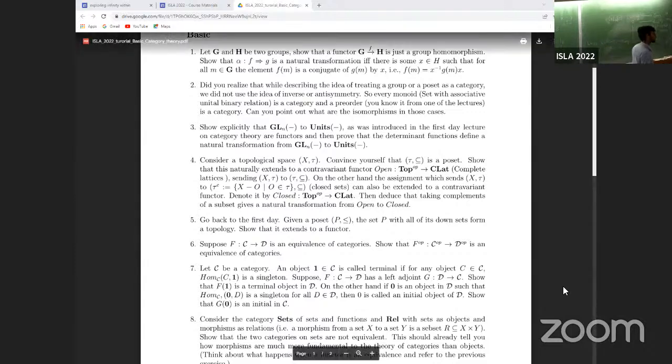Okay, I'm going to go one by one. So Krishnendu, which problem are you trying? No, I'm not trying anything actually. Then why are you sitting in the tutorial? Yeah, for this to be a natural transformation, what is commuting? This function is between elements of R. So it's not this diagram commuting. There is no commutation here. If you want to show that alpha determinant is a natural transformation, then.